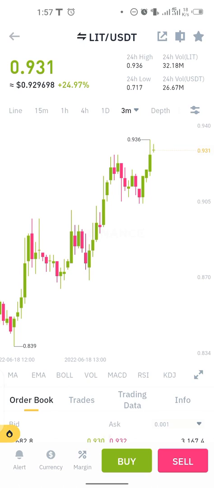But the green one means buy, the red one means sell. Up here we have the time frames: 15 minutes, 1 hour, 4 hours, 1 day. And also here in the corner we have 26 million, 26.69 million. That is the 24-hour volume. If you notice people are investing more money, that should be an area of confidence to you